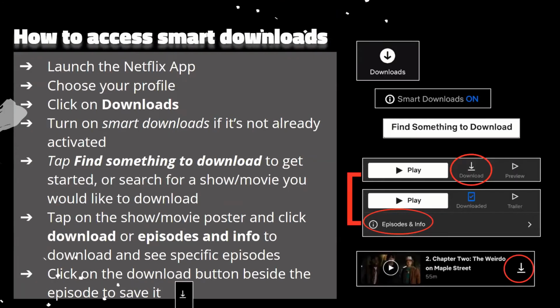How to access smart downloads. So the first thing you want to do is, again, launch your Netflix app. Again, it has to be the app and can't be in the web browser. And then you want to click on downloads, which would likely be in the bottom right-hand corner, somewhere along the bottom. And then you will turn on smart downloads if it's not already